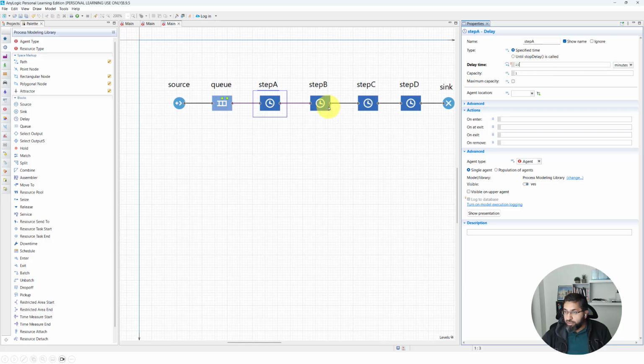Make sure you pick minutes, because seconds will be really fast. Fast in terms of the demand rate, because demand is coming like 10, 12, 15, whatever units per hour. So if you have 10 seconds, you'll see everything will just pass through quickly. So make sure you make it minutes, because that's what we have in our slide. And then it is 12 minutes. And then step C is 15 minutes. And step D is again 10